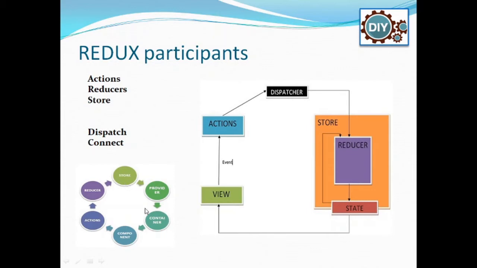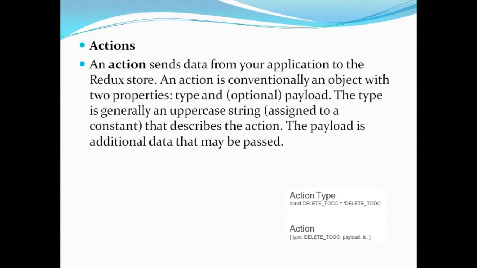And here you can also see the sequence of events triggered by a Redux application. Always there is a store which is getting updated. That store's components are getting emitted by means of a provider component, and there is a container in which the component is going to be rendered, and the component can have multiple actions triggered by the end user. And whatever action we trigger, that functionality is getting handled by your reducer functions. So this is the flow of a Redux application.